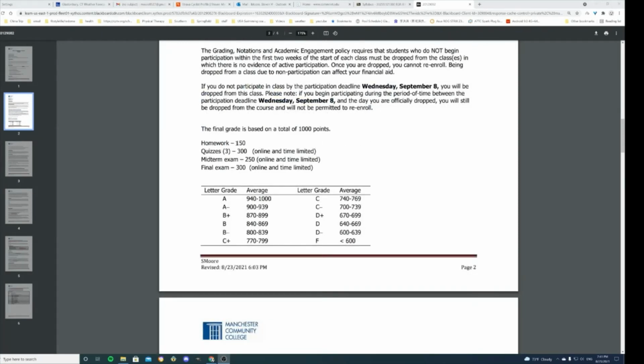Homework total will be 150 points. So this should be pretty easy for you to do. To meet this requirement, of course, it's by attempt. The solutions will be given to you before it's due, at least a few days before it's due also. So you shouldn't have any problem with that.